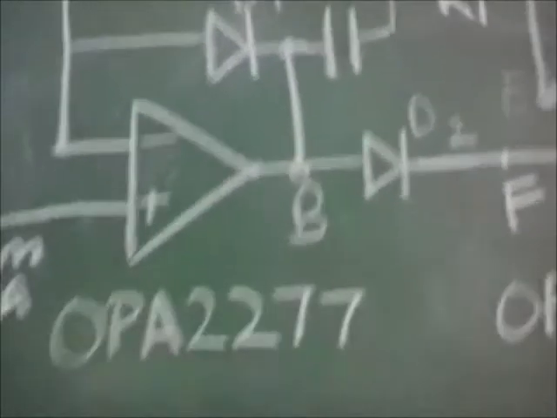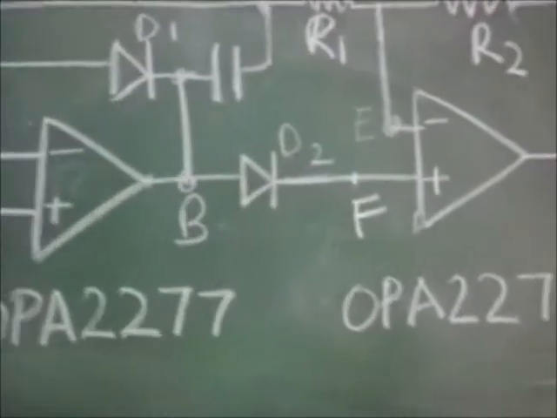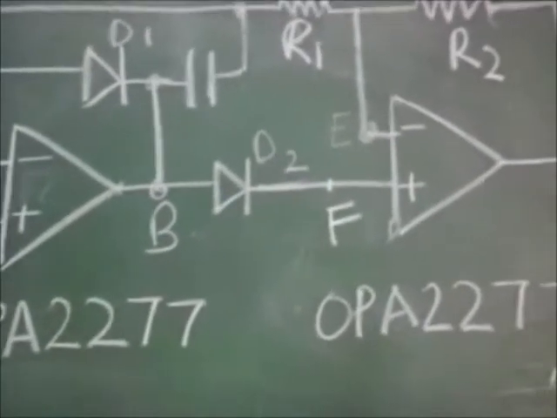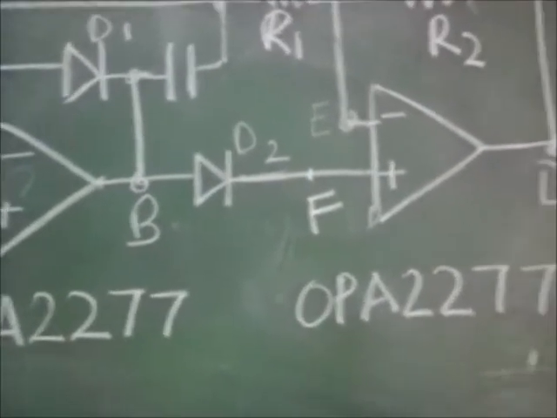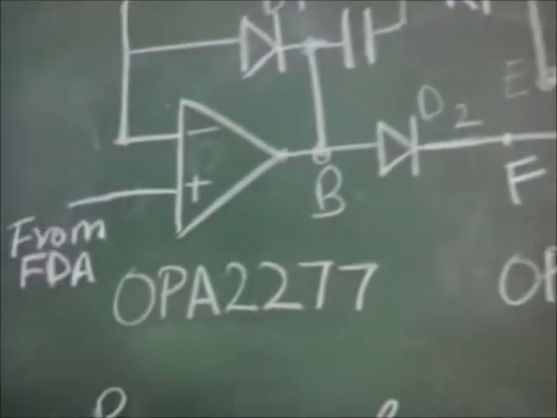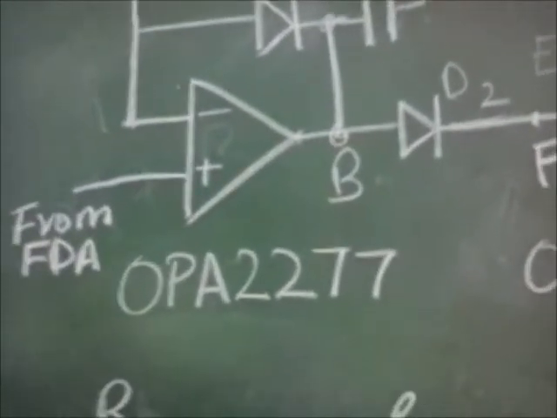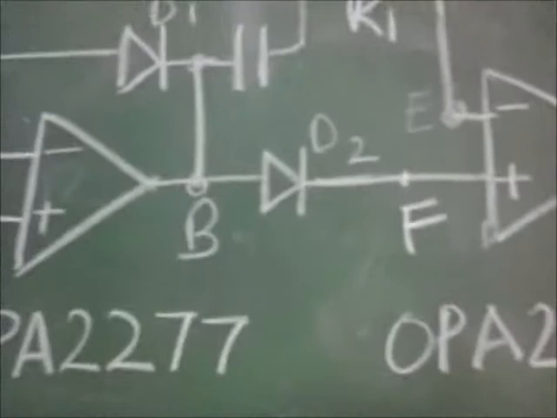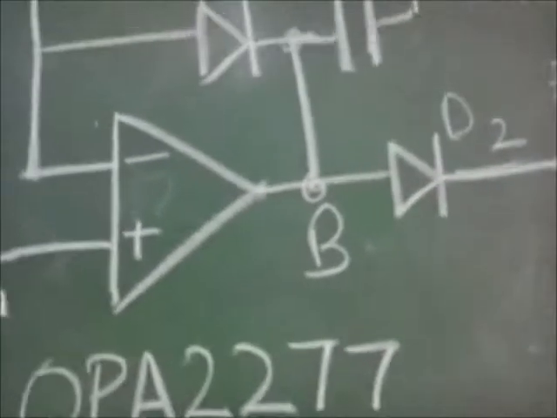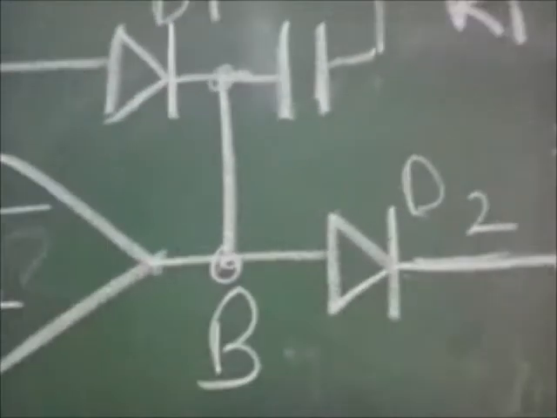The full wave precision rectifier circuit is designed here. This is done using two op amps. They are OPA2277. It is used since it gives the best precision and high output impedance. They offer improved noise and wide output voltage swing with ultra low offset voltage and high CMRR.